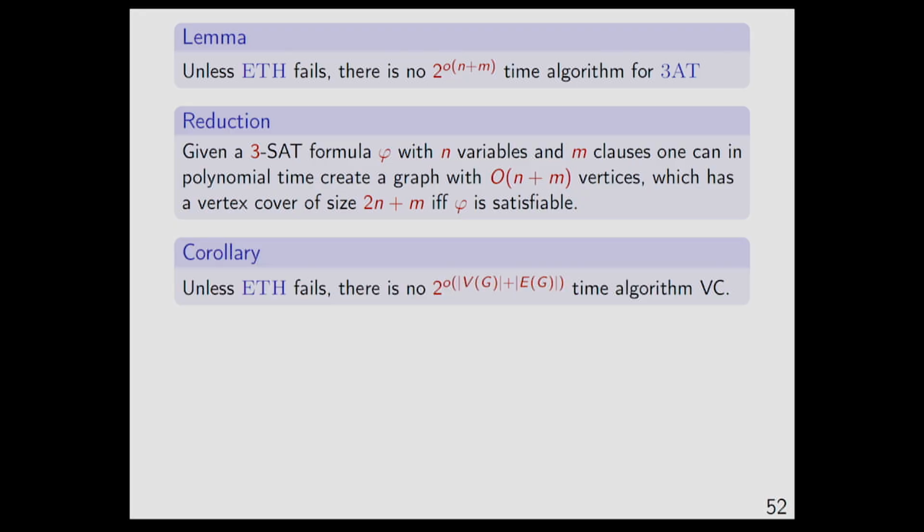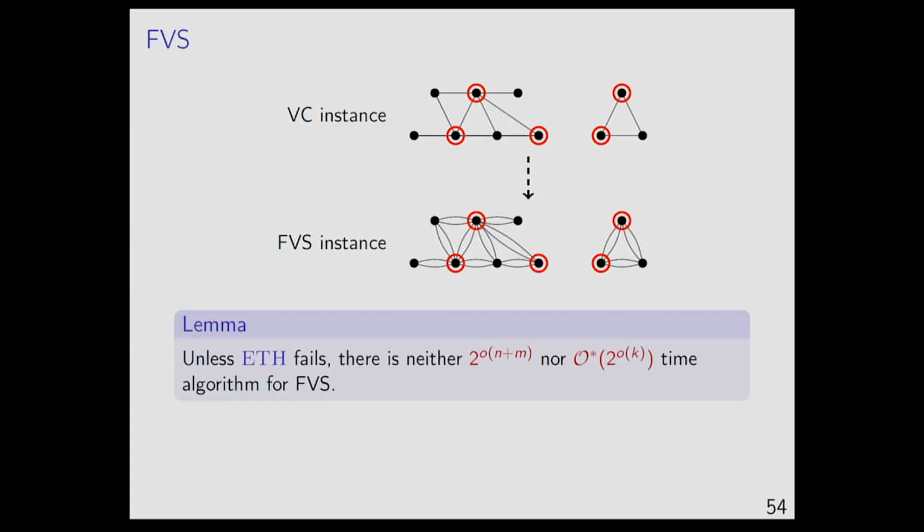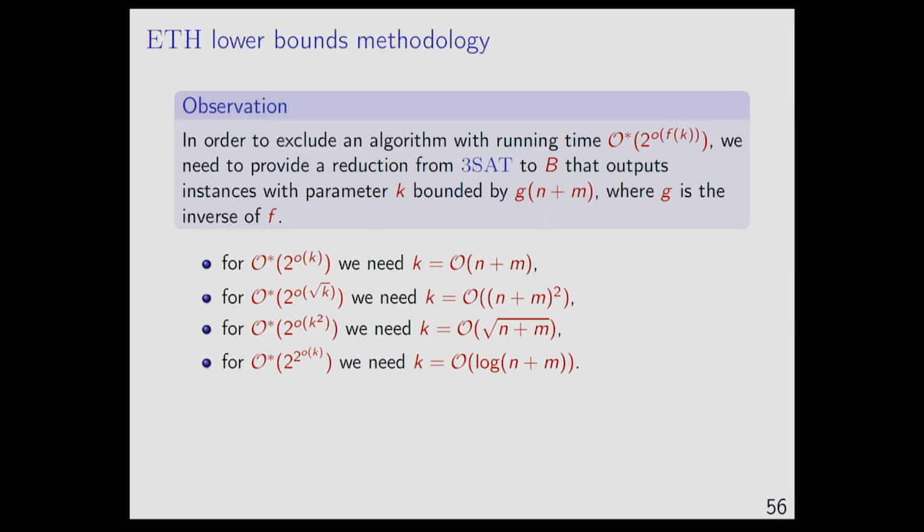You can do this for a bunch of problems. I'm not going to tell you. So this is something I wanted to tell you. Those are very standard classroom exercises. If you do this, just trace the n plus m, and you get your lower bounds. So that's the power of saying 3-SAT has no 2 to the power little o of n plus m algorithm, versus no 2 to the power little o of n algorithm, because now all the reductions that are linear in n plus m give us the desired lower bound.